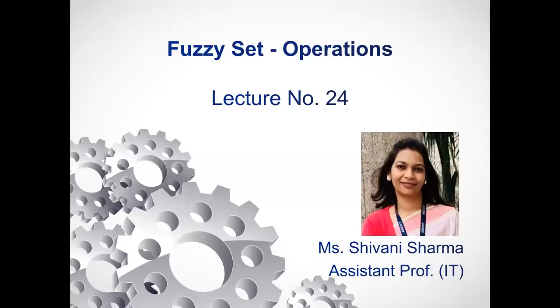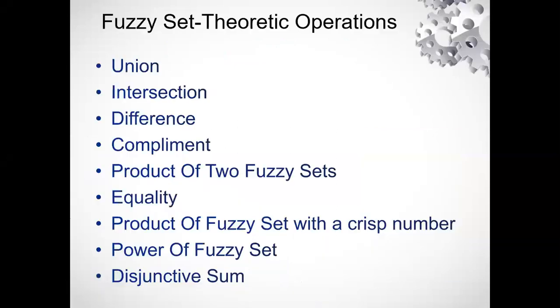Okay, so we have already done the fuzzy set and the crisp set introductory part in the earlier sessions, and now we are going to do the fuzzy set operations in the present lecture. Now see, when we talk about fuzzy set, we have already seen that the degree of membership function lies between 0 to 1. Rather, when we talk about crisp set, it is either 0 or 1, right? That is the basic concept of it.